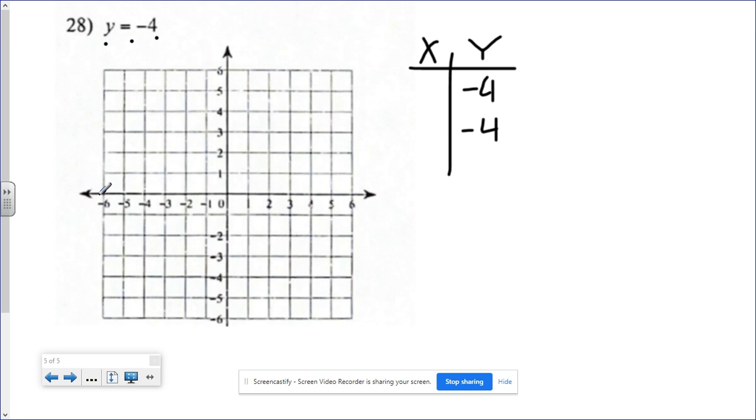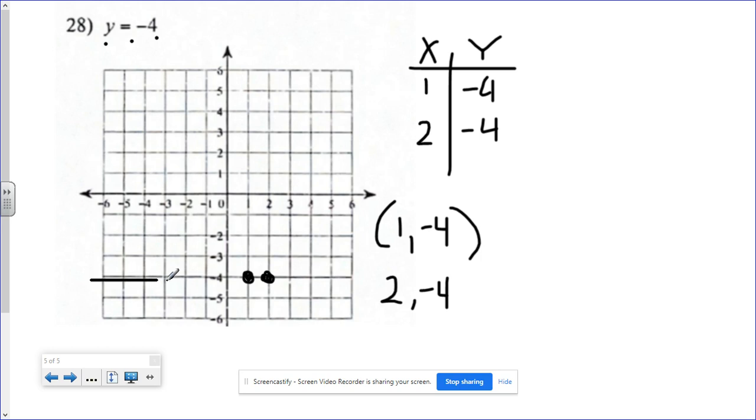Remember, your graph is only going from negative 6 to positive 6. So don't do anything bigger than that or it's not going to fit on your graph. I'm just going to choose 1 and 2, and then I'm going to graph those points like ordered pairs. 1, negative 4. I go over 1, down 4. 2, negative 4. I go over 2, down 4. Connect my points,